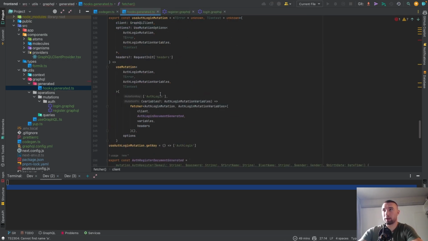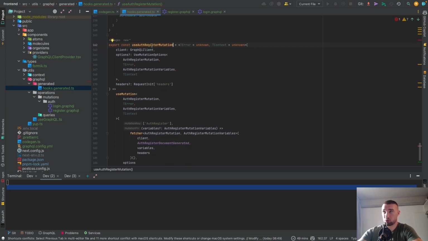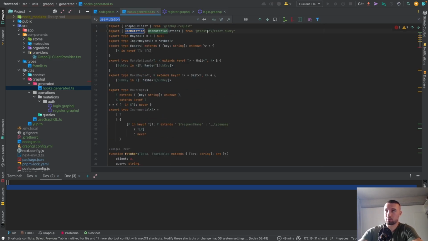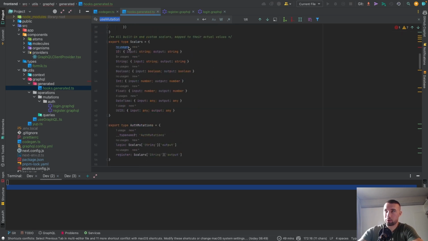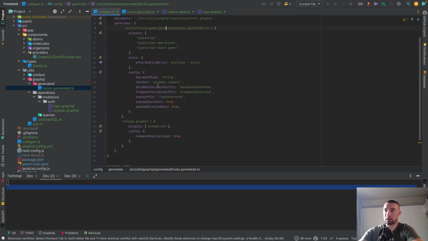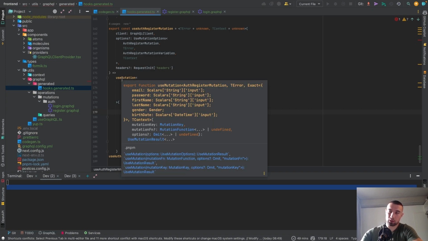If I go down, it generates us hooks, and in this hook useMutation is used, which is imported from TanStack React Query. So under the hood, this plugin, TypeScript React Query, enables us to generate React Query mutations,